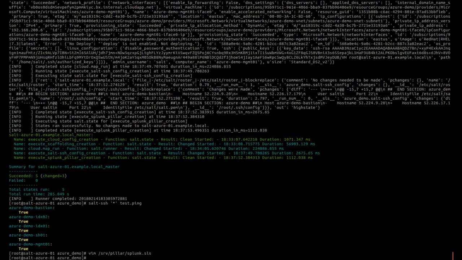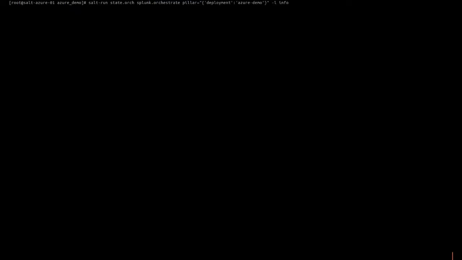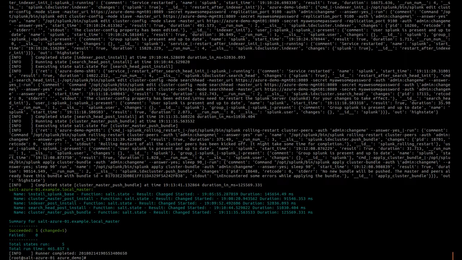Leaving that, we'll go ahead and set up the orchestration command to begin the deploy of Splunk onto the virtual machines that we just created. And just like the other things, this can take a little bit, so we're going to go ahead and fast forward this. So we can see this Splunk deployment took about 8 minutes for the run. So now that that's complete,